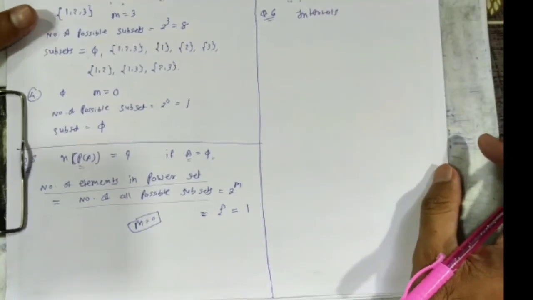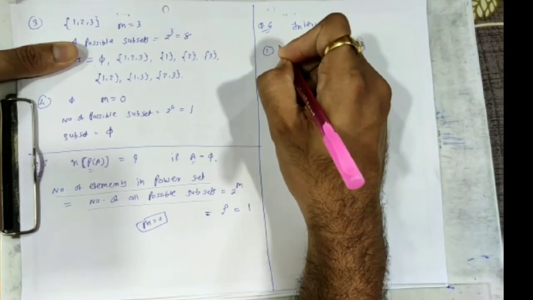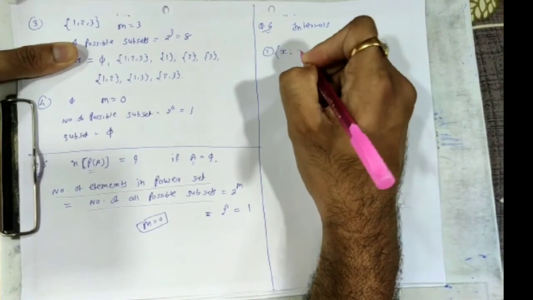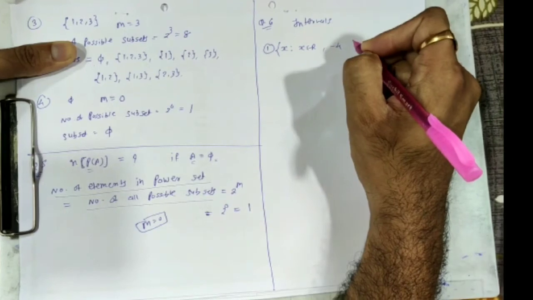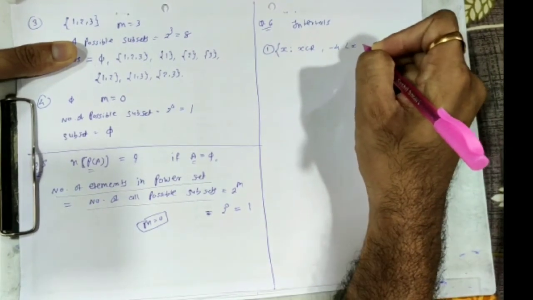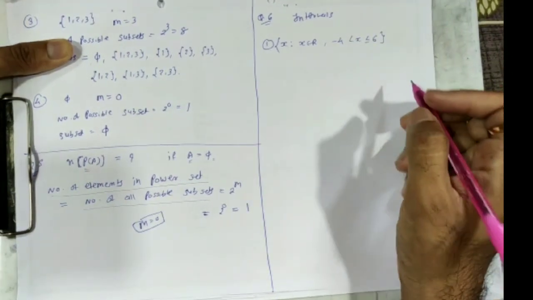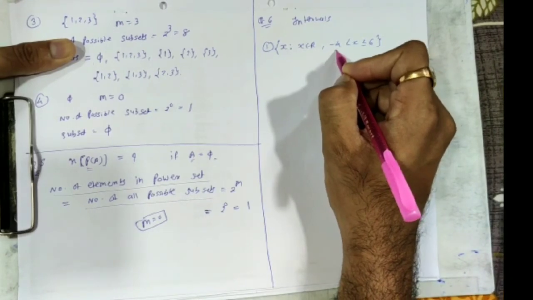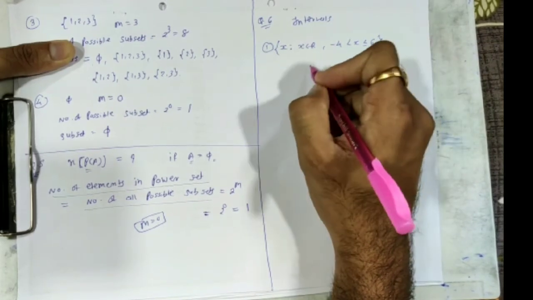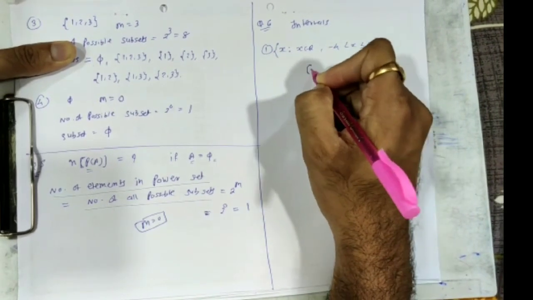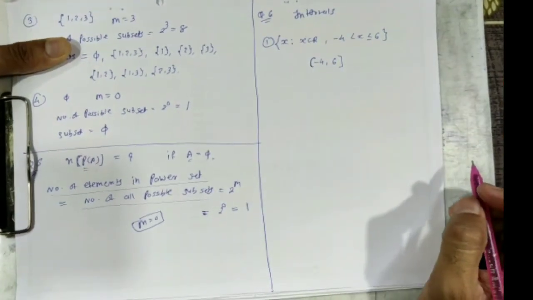चलो फटाफट देख लेते हैं. So first we are given x where x belongs to R, -4 less than x less than or equal to 6. Done? So here -4 is excluded and 6 is included. So when -4 is excluded or not equal to sign is there, so you have to use round bracket. So it's a -4, 6 is included, so you have to use square bracket. Clear?